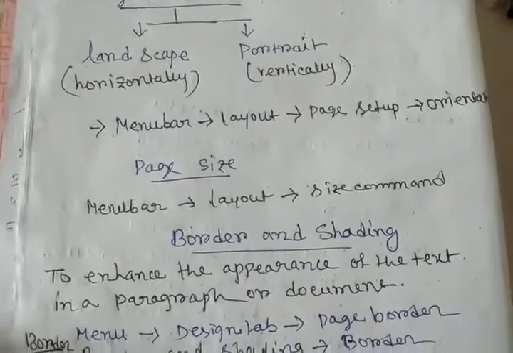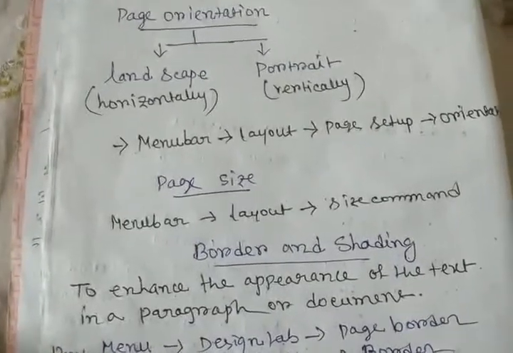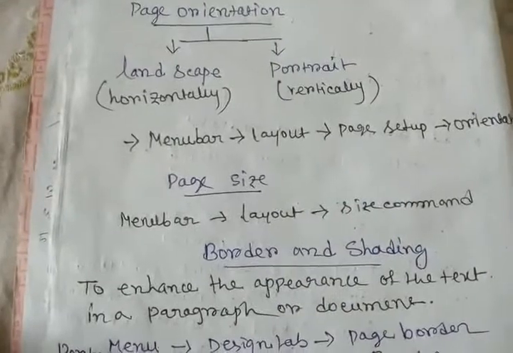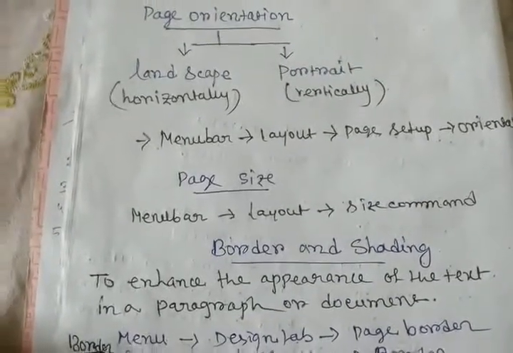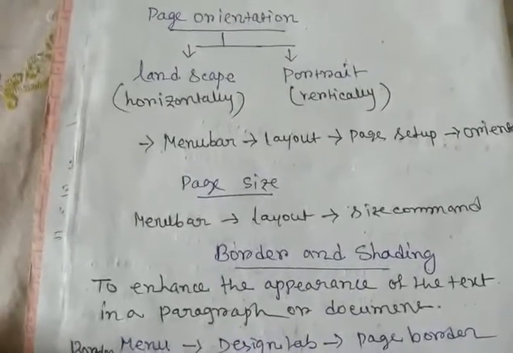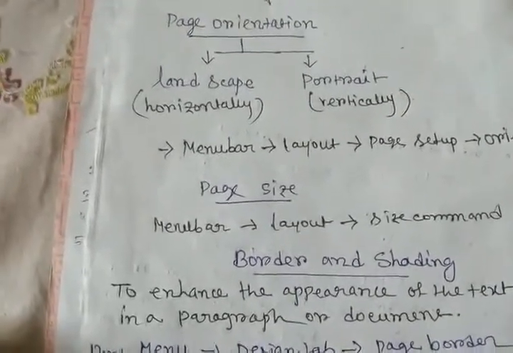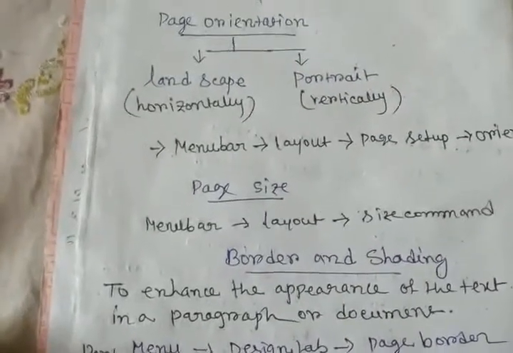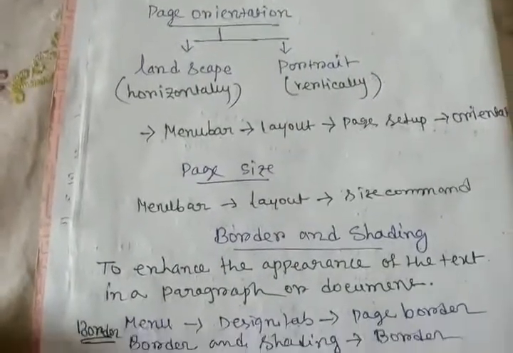If you want to resize the page, then you can follow these steps. At first select the layout tab of the main menu bar and then click on the size command. A drop down menu will appear. The current page size will be highlighted in it. Click on the desired predefined page size. You can customize the page size by selecting more paper sizes from the drop down menu and entering the desired values in the page setup dialog box.